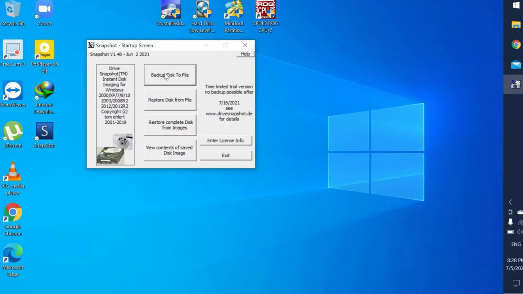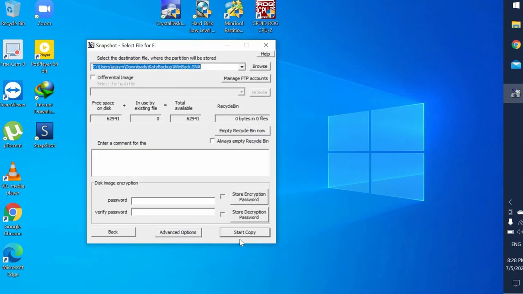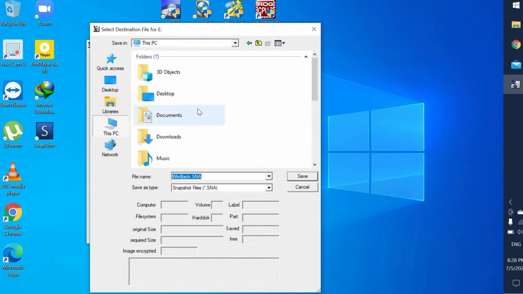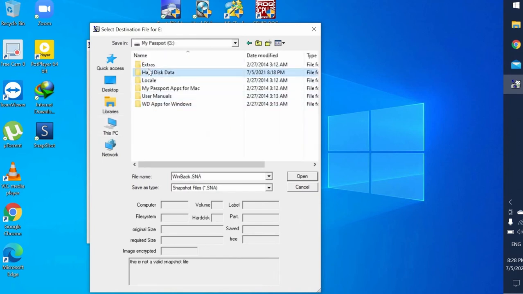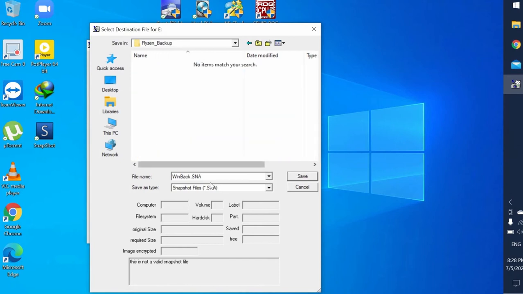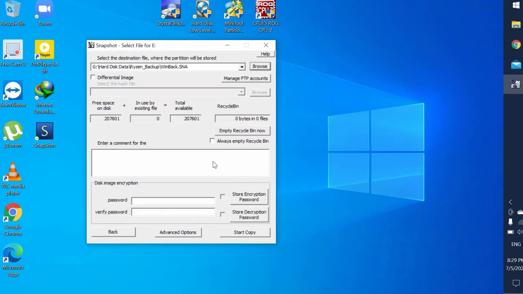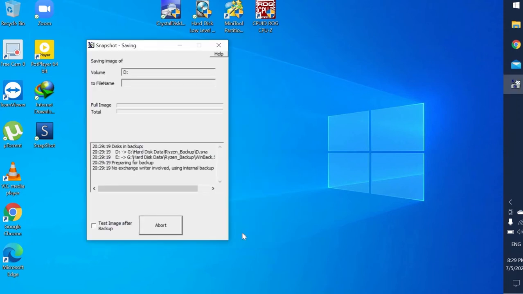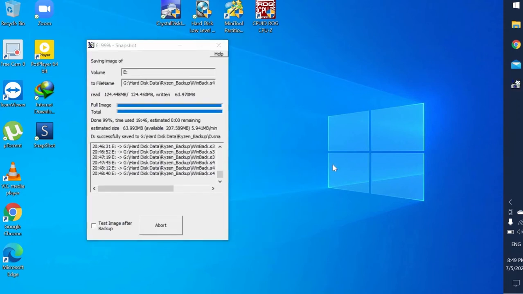Step 1 is to take out the hard disk from the original computer and connect it to the second computer or laptop either through a SATA cable or USB adapter. Please note that the SATA connection is always faster. And then we need to take a backup of your existing Windows partition. We can use software such as Drive Snapshot to do the same. A normal Windows installation contains 3 distinct partitions: a MBR boot partition, a Windows partition, and a recovery partition. We need to take a backup of only the Windows partition as shown on the screen.